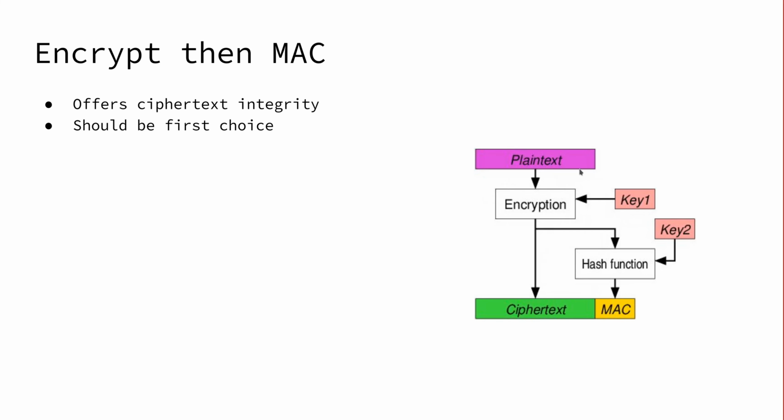So you take the plain text, you encrypt it with key 1, then you put a MAC on the encryption itself, and then you have ciphertext and a MAC. Now if the recipient receives this message, he checks if the ciphertext was modified with this MAC, and if it was modified, it just gets discarded. So for example, a CBC padding oracle just doesn't work in this context. So this should always be the go-to option that you use.